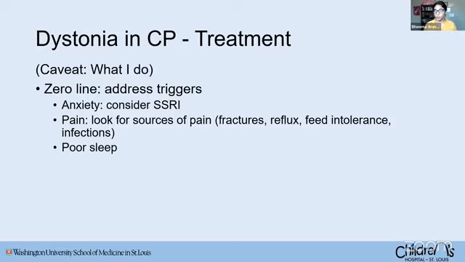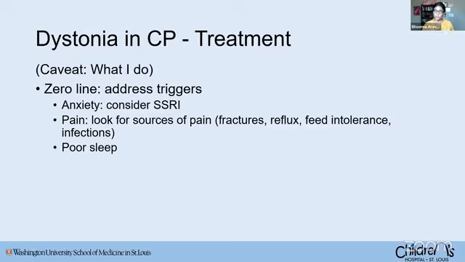When is your dystonia most functionally limiting for you? If it's an anxiety trigger, consider treating the anxiety. And often it's that anxiety treatment that is the best treatment for their dystonia. It's not the direct tone treatment. It's not a benzodiazepine. It's not baclofen. It's if your dystonia acts up when you're anxious, treat the anxiety. And so thinking about those triggers can be really valuable, particularly for kids that have